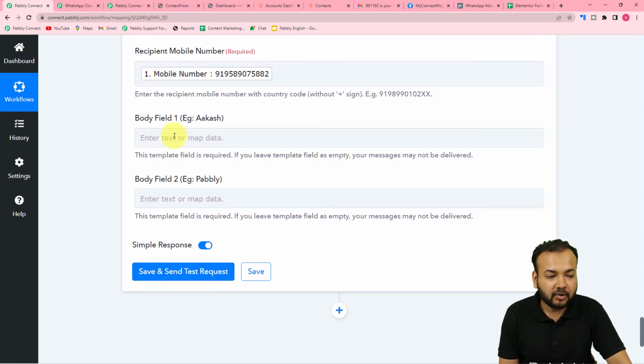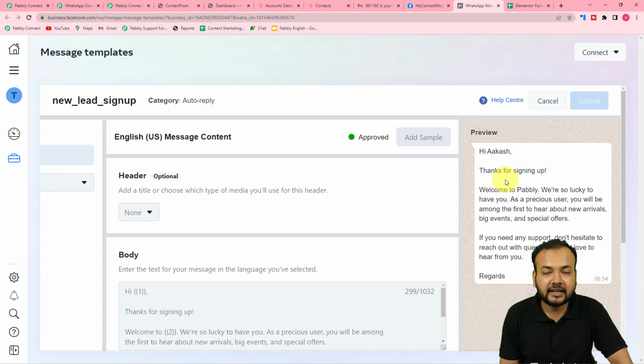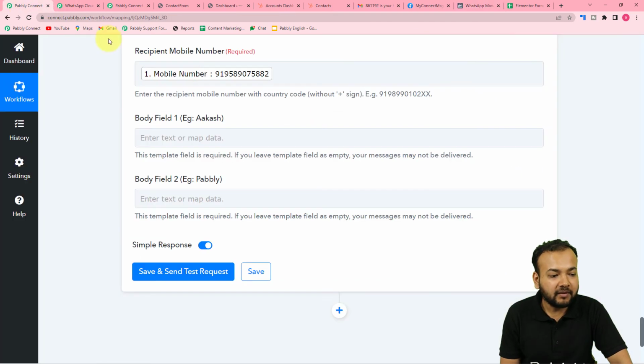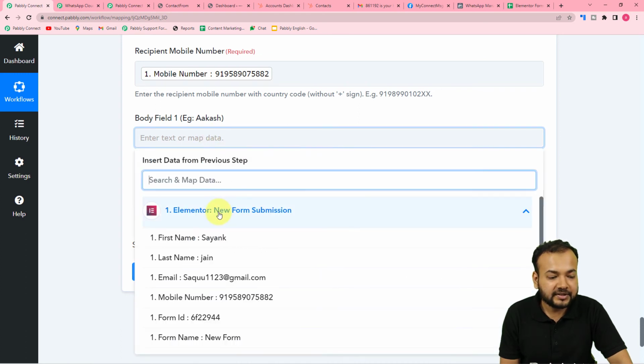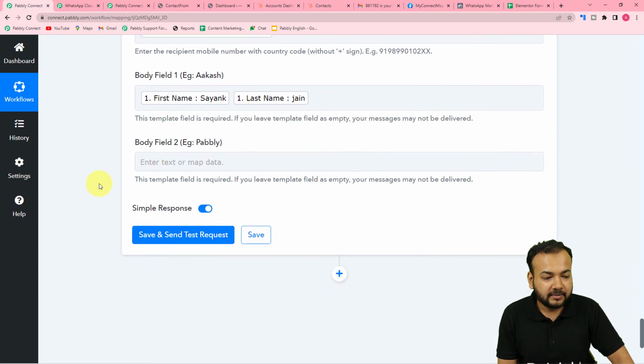And here it is asking about the two body fields. So guys, to change the body fields or the variable automatically and dynamically in every new message, we need to map the values of these body fields here in the workflow. First body field is for the name. So just click here, and from this Elementor step, map the name like this. And similarly,